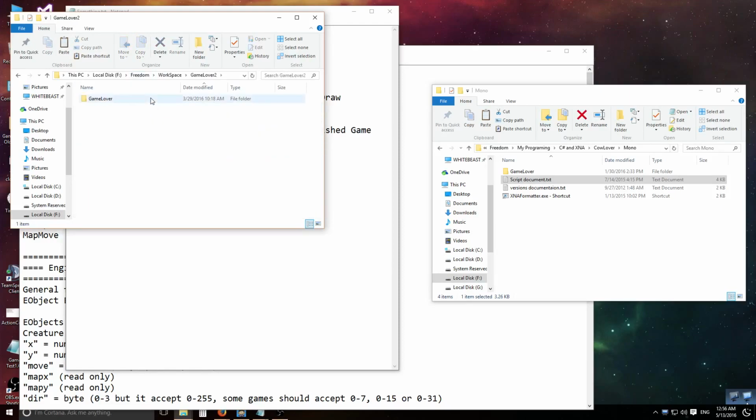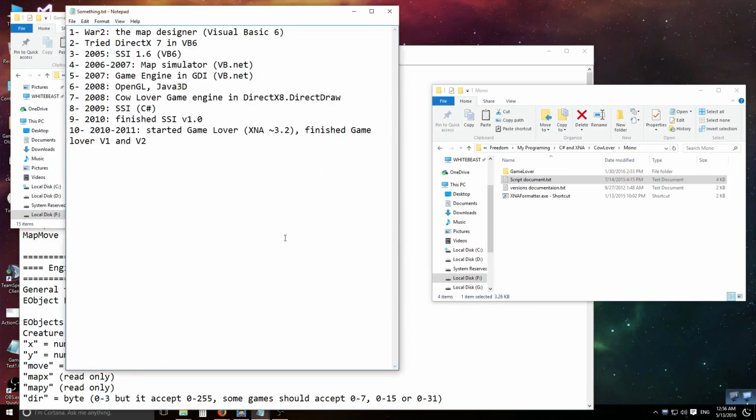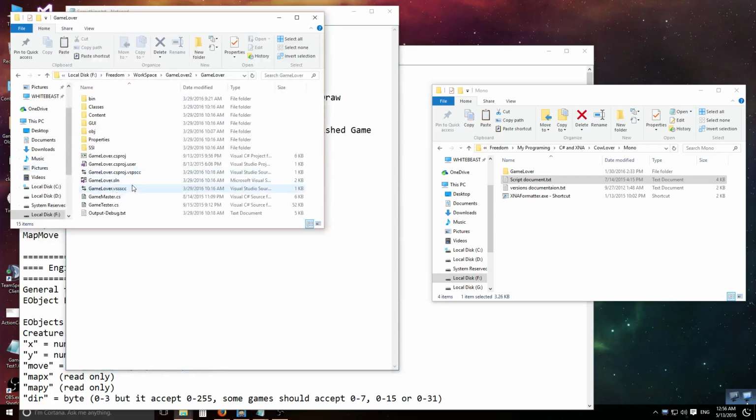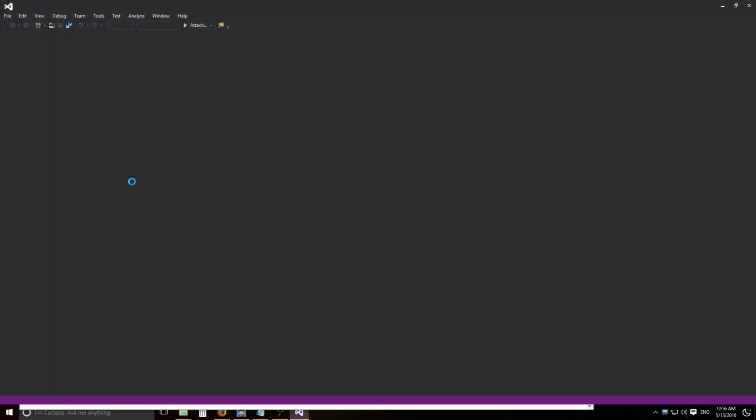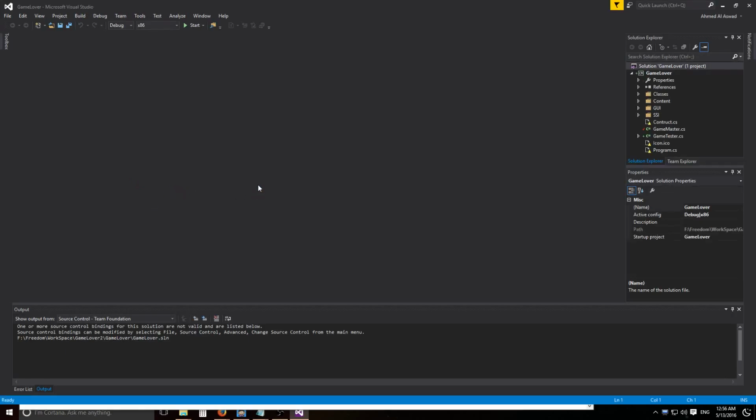So let's run Game Lover 2. Before I run it, let me show you the problem. I have timers that can fire a script. I have the player or the controllers. Each one of them can fire different scripts, like if you have a game in...